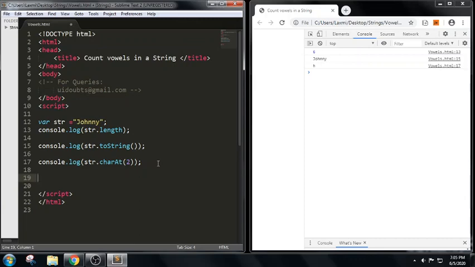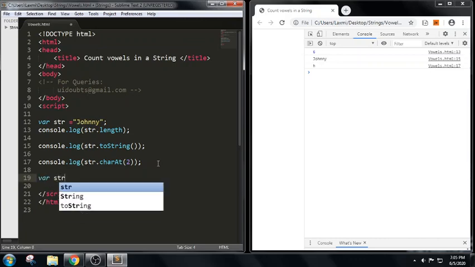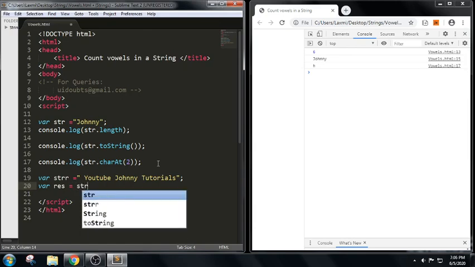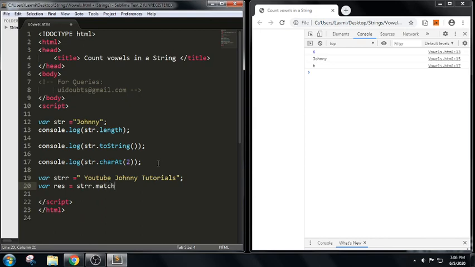Next one, for example we have a string here. Let me take a new string, variable str equals to, I am trying to write YouTube Johnny tutorials. Remember, the space will also be considered in strings. So here, YouTube Johnny tutorials, I am trying to write variable res equals to str.match.